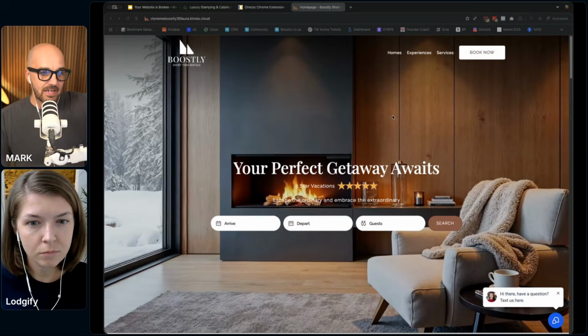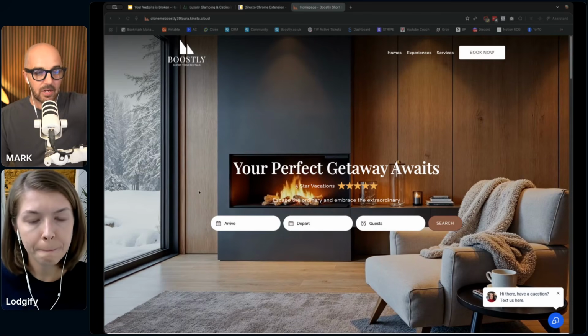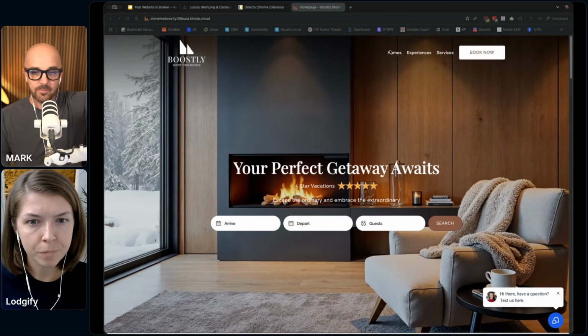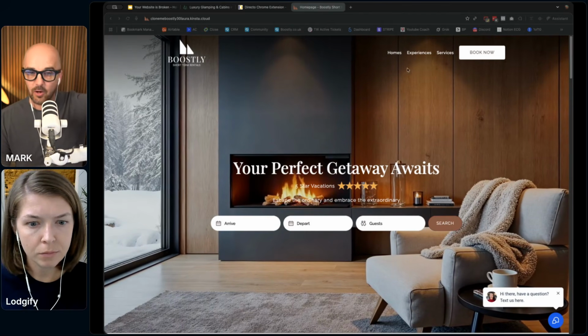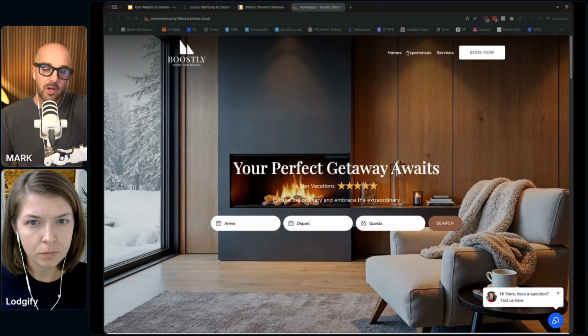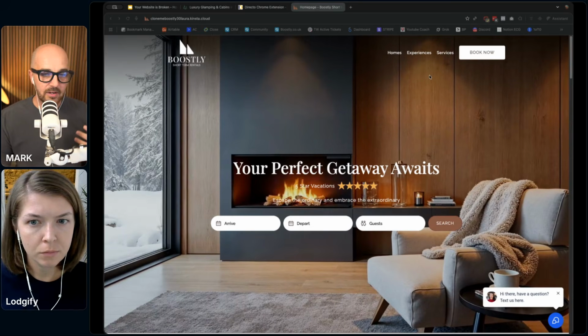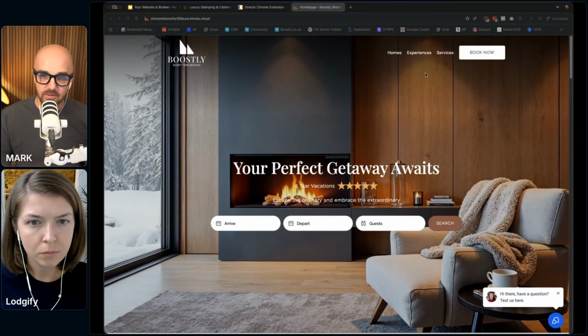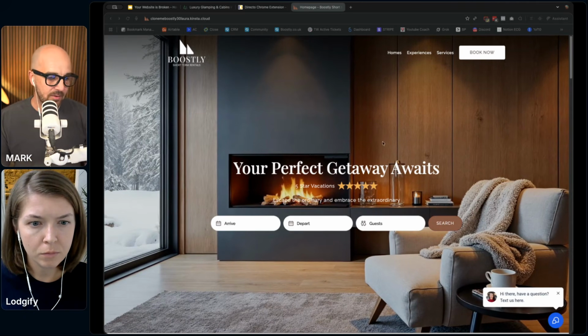And as you can see, when the website loads up, this is what's called above the fold, and it is so clean. So in the top here, for those of you that are up to date with Airbnb, you'll notice that now they're pushing homes, experiences, and services. We've matched that with homes, experiences, and services because, again, we are modeling the language that Airbnb are using. So we know that now the guests are used to experiences and services. So I'll walk you through what that looks like in a second.